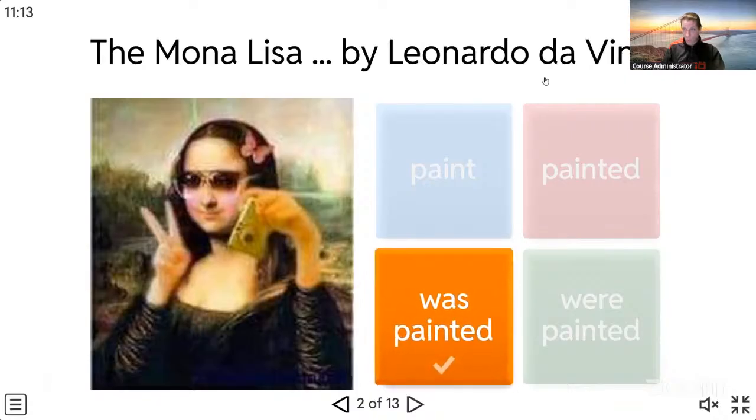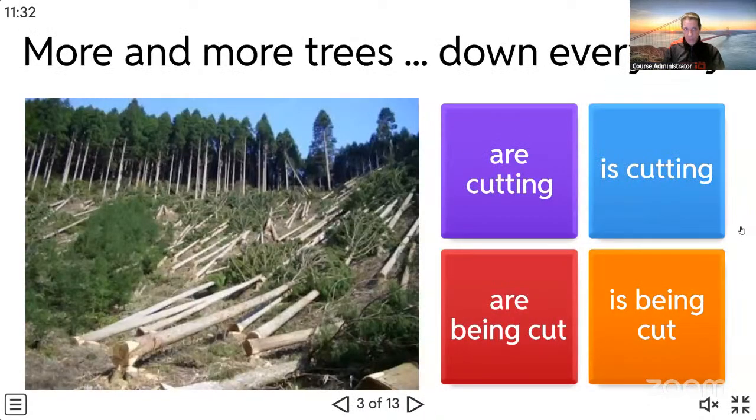So we might also use the active form, or the active voice. So "Leonardo da Vinci painted the Mona Lisa," or the passive form, "The Mona Lisa was painted by Leonardo da Vinci." Okay, so number 3,